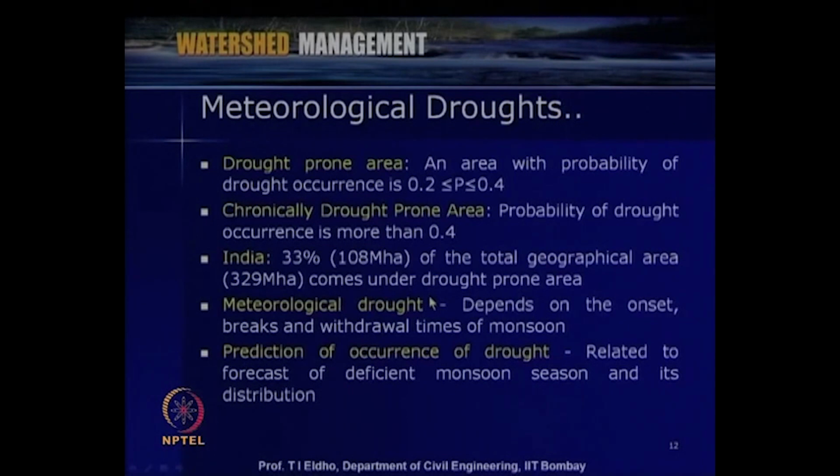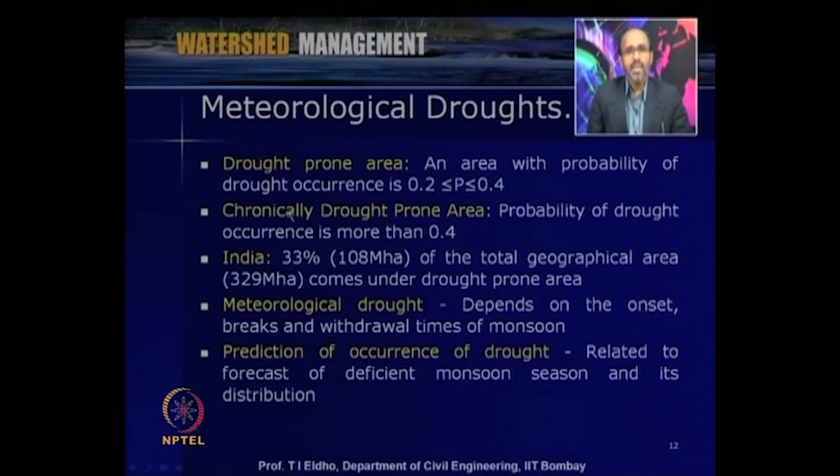When we look at meteorological droughts, we can also see them with respect to the probability of drought occurrence. A particular area is said to be drought prone if the probability is between 0.2 to 0.4, and we say that area is chronically drought prone when the probability exceeds 0.4. Depending upon whether it is simply drought prone or chronically drought prone, we can classify the area. For example, in India about 33% or 1/3 of the total geographical area comes under drought